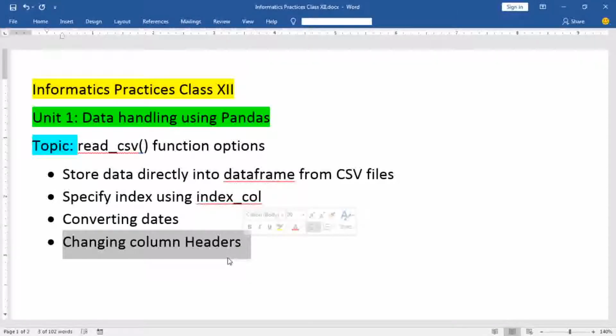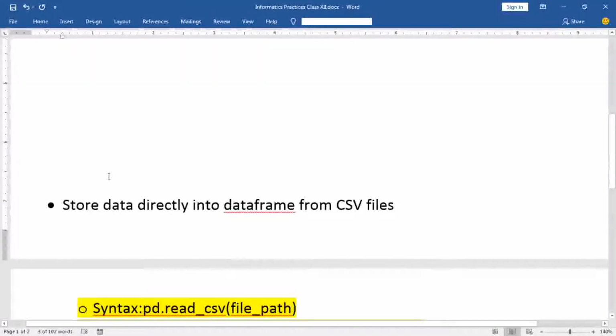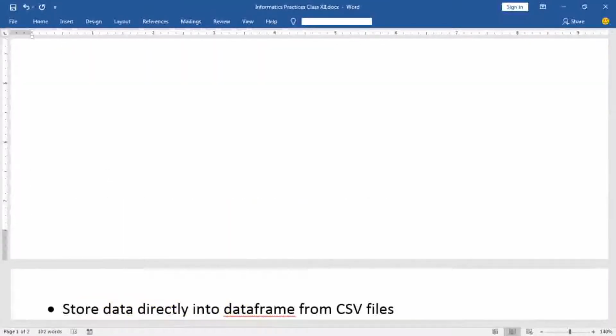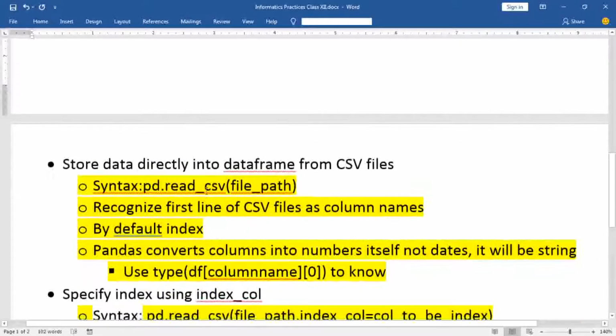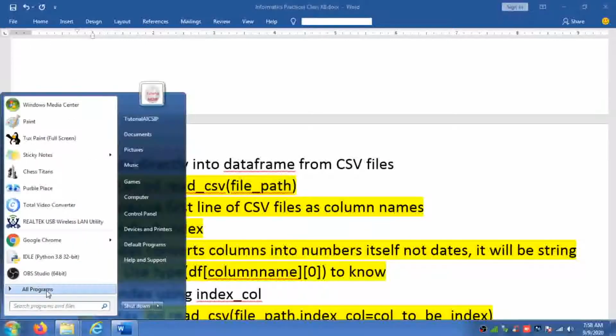Let us begin. So here it is, the first thing, store data directly into a data frame from a CSV file. The syntax is pd.read_csv, then we have to provide the file path. So let me open Python.